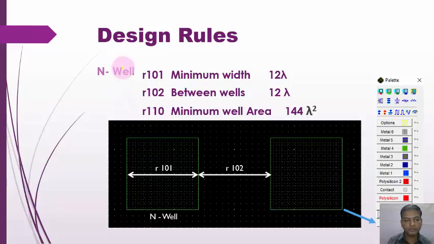Then next, design rules. Basically these are very important parameters or criteria which we require to draw the CMOS layout. So everyone should understand what the design rules for the CMOS layout are. So the very first rule, for that NVL is there,